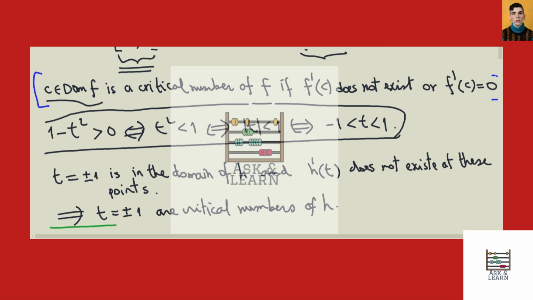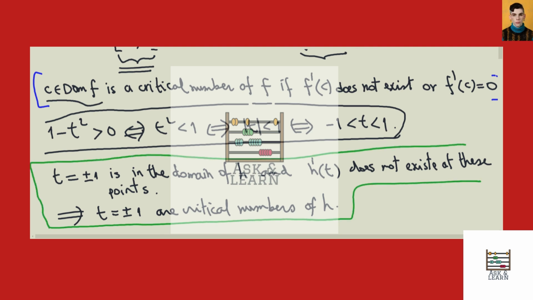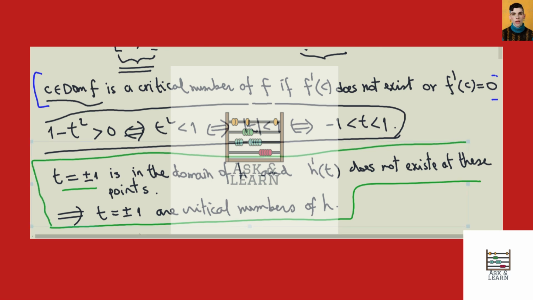This is because, again, I say it again, because these numbers, 1 and -1, are in the domain. Let's say here r is better. Okay, had to take this out for a moment. And here is better to say r, but because we are talking about 2 points here. Okay, so